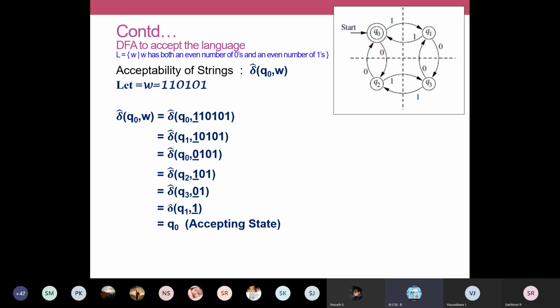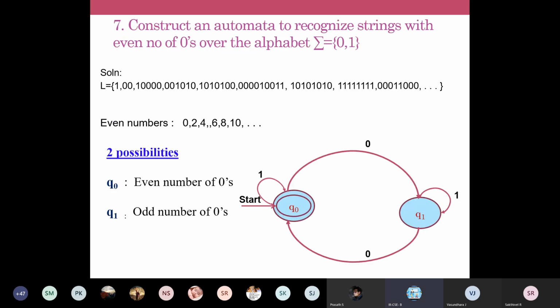You can say that the string is rejected by your automata, and it should be rejected because that string does not have even number of zeros and even number of ones. If it has any other combination, you are going to reject that. That also you should prove, if your problem is asked in a 13 mark or 10 mark question. I hope you understand this.